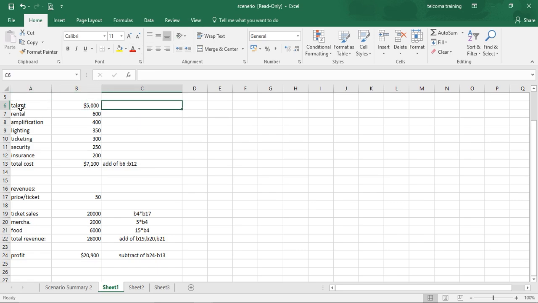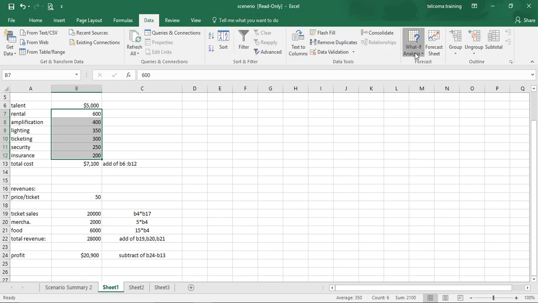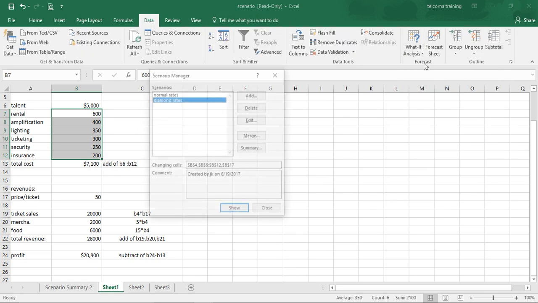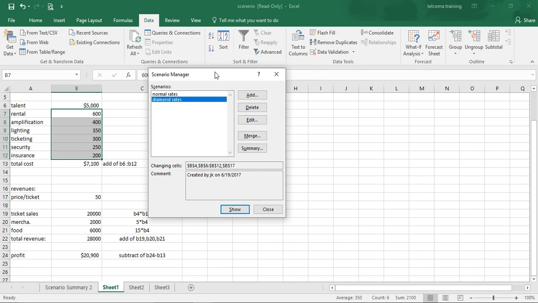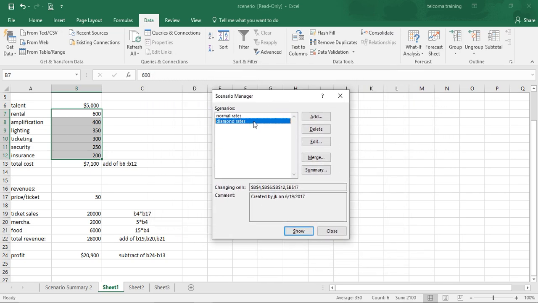What we have to do is select the cells to which you want to apply some scenario, like you have selected these cells. You just go to Data, What-If Analysis, Scenario Manager. When you click this, we have created the normal rates, that is these rates. We have also created the diamond rates,